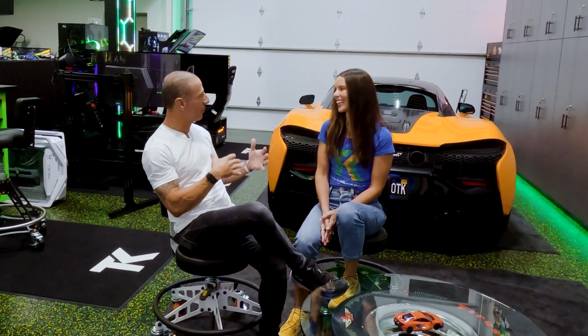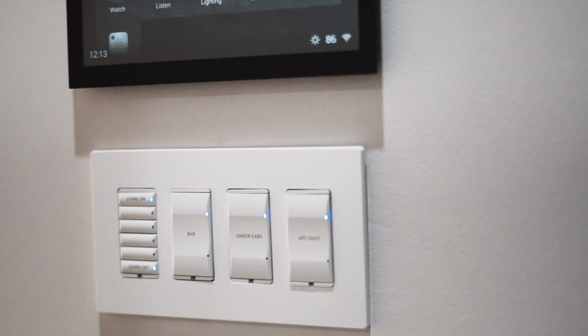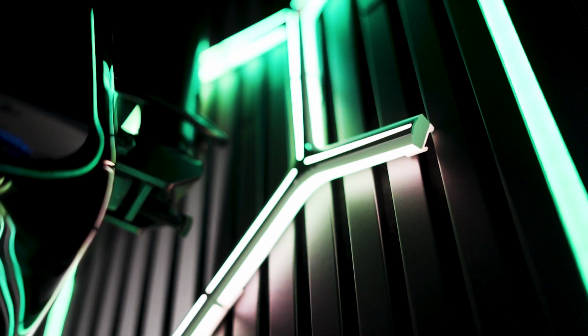So it's one of those things that you don't think you need, but then when you have it, you think, I can't live without it. So the Control4, we just added that upstairs. I said, we have so many lights here. I cannot go to the app and turn them on for an event one at a time. Maybe you do that before the event,